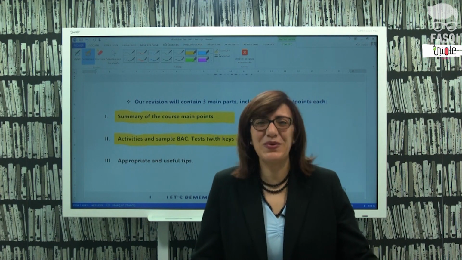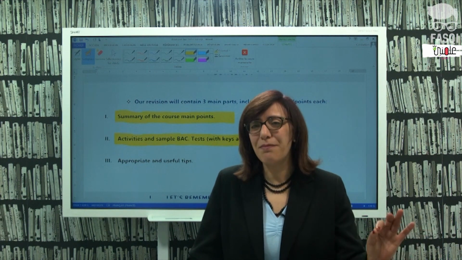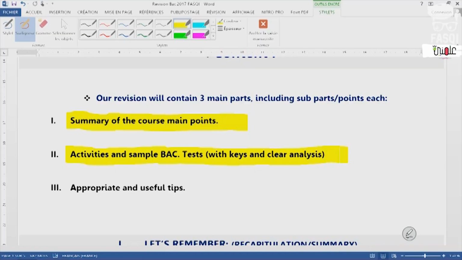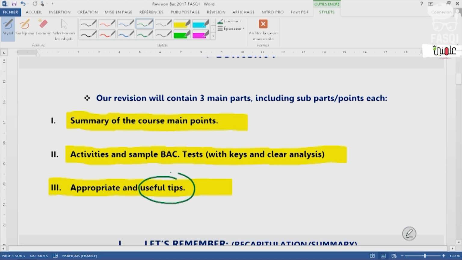Here we are, dear pupils. So these are our 3 main parts. Here is the 3rd part. You see, it's going to be based on, as you see there, useful tips. As for the other one, based on the course. That's, of course, here, as I told you, you're going to have samples taken from language,